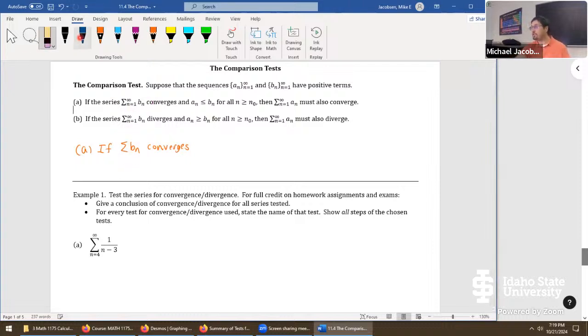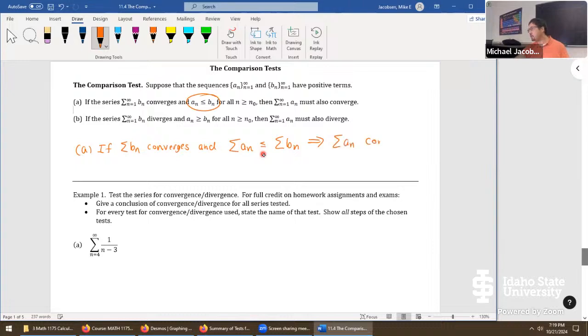So if the series converges, and the series for An is always less than or equal to the series for Bn, because of this inequality,